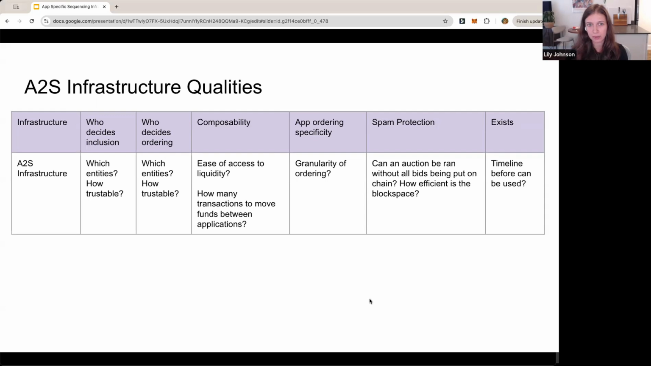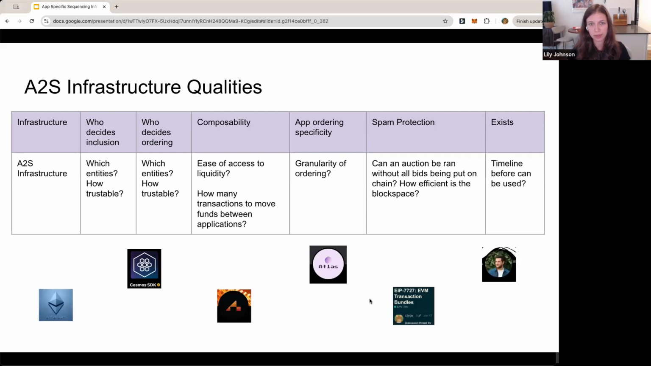And the last quality we really care about while looking at these app-specific sequencing infrastructures is just, does this exist? Is it theoretical? When will it exist? Because a lot of the infrastructures we're going to be looking at today don't exist yet, just because this is a newer space. And next, we're going to apply these qualities to